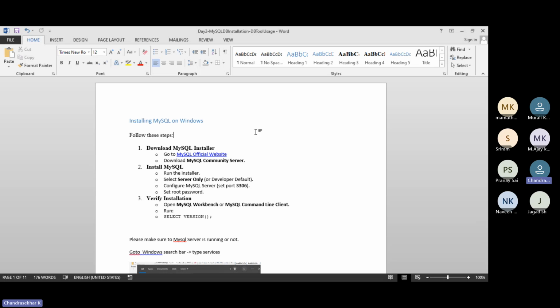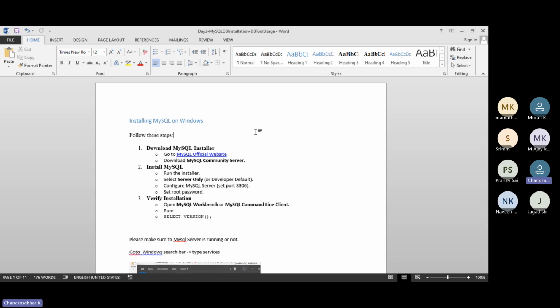MySQL provides a very easy way to install the database and access it via tools. So MySQL is the database that I'm going to show you, and there is also a tool called MySQL Workbench,